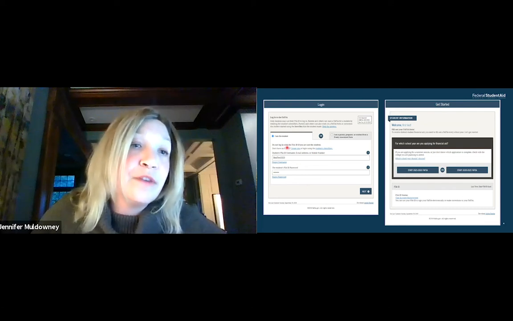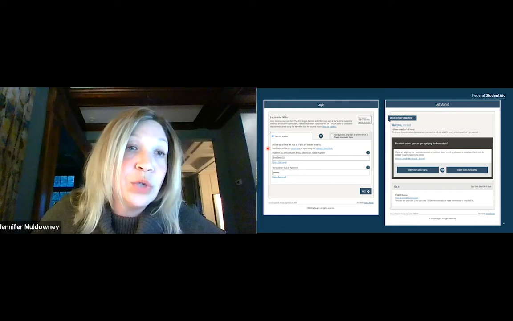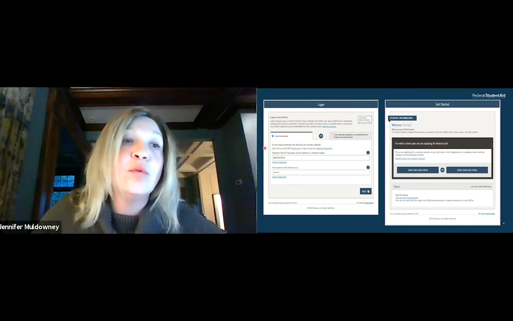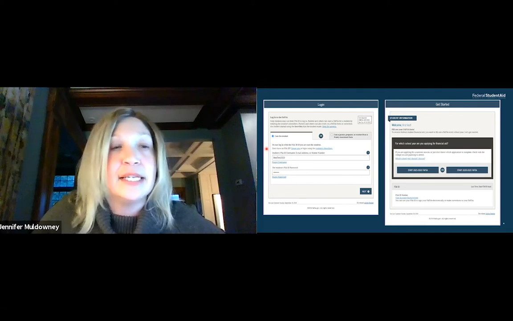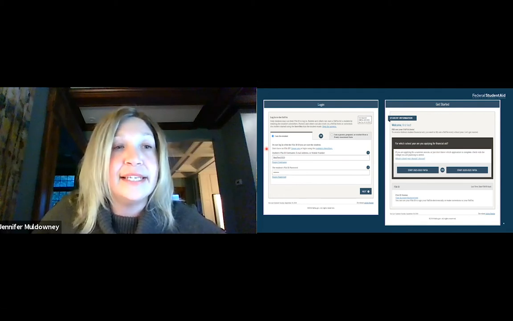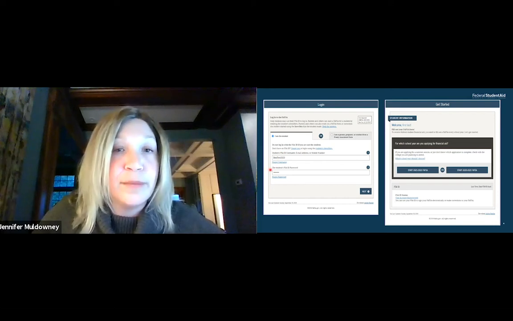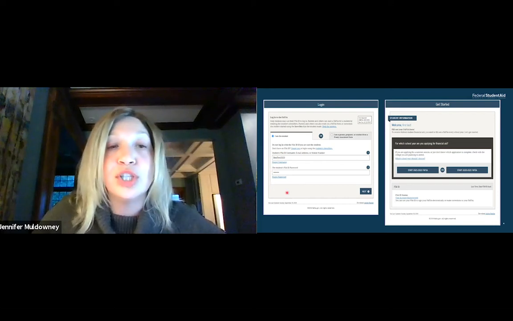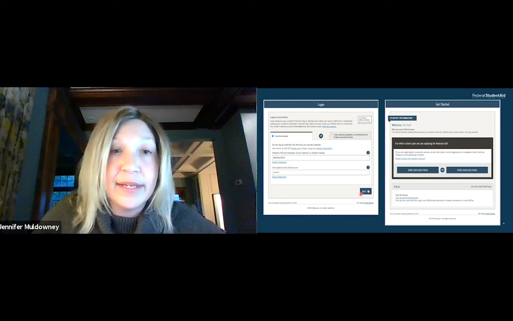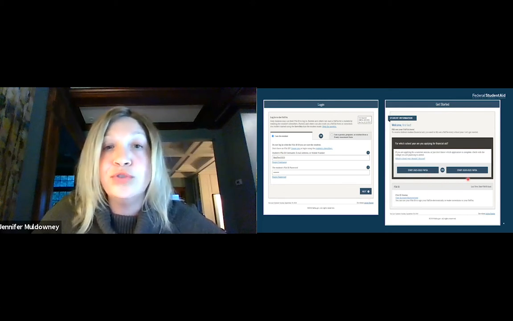If you are doing it from the FAFSA application, you would want to select right here where it says create one, and then it will bring you right to that same site that's listed in the chat to create that FSA ID. If you, again, have already created it, you can just put in your information here, and then you'll be able to log right in, click the next button, and it will bring you to the two different FAFSAs